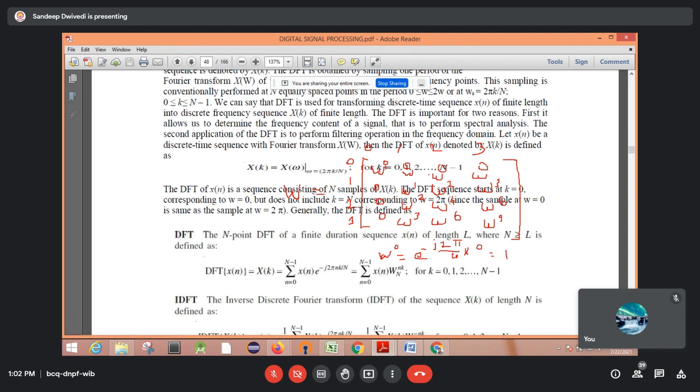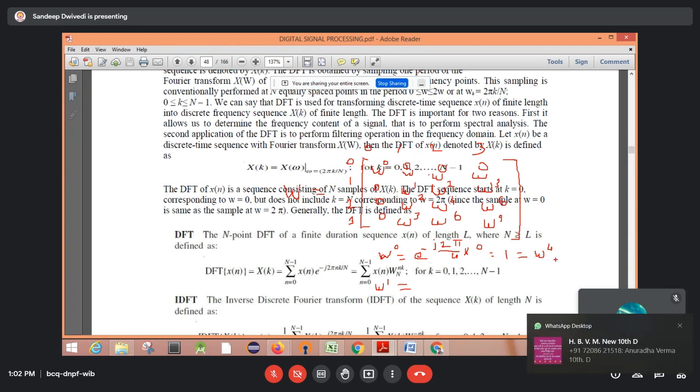So the first row and first column will be 1, 1, w raised to power 0, then w raised to power 1 you need to calculate. And remember one thing, w raised to power 0 will have the same value as w raised to power 4. It will be cyclic in the DFT, means it is a 4-point DFT. So in a 4-point DFT it will be cyclic, means for w raised to power 8 you will get the same value. Up to 9 is there, so 8 is not required because 8 is not there in this matrix. But for w raised to power 8 the same value will be there, that is 1.